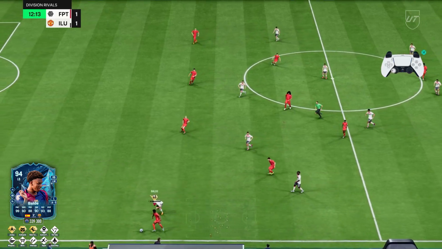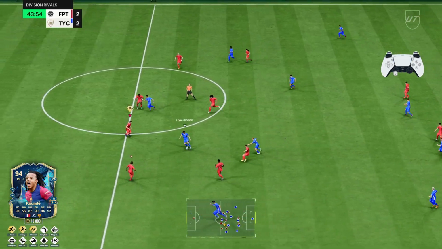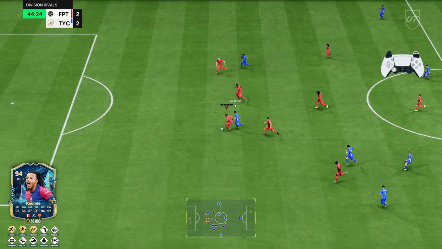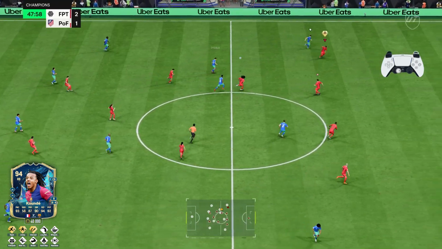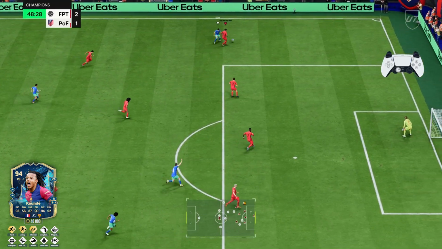You might say, but Balde can play on the right. True, but for that spot, there's another top-tier option for peanuts, Koundé. And yes, he shouldn't be played centrally. He's made to be a right back. The Frenchman is perfectly balanced for the position, fast enough, strong enough, and with solid ball control, which lets you